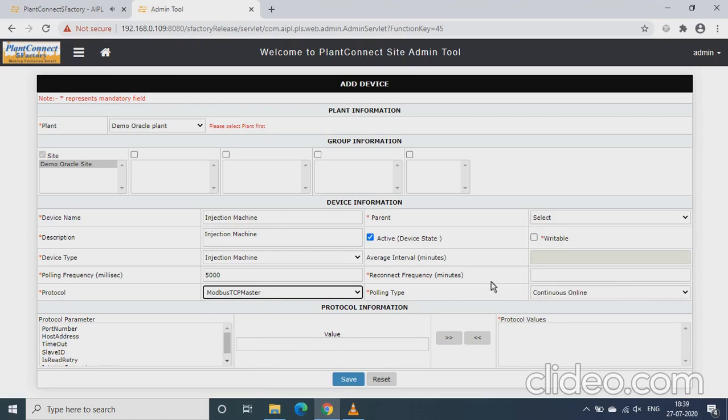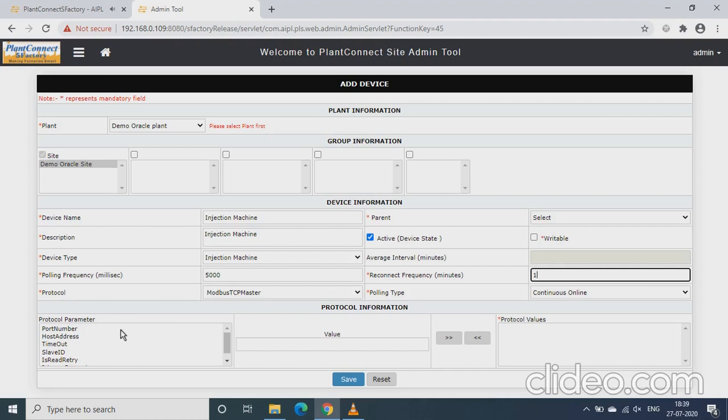And the reconnect frequency, we will have to add it as 1, so that in case of failure of communication with the device, RTDAS retries to connect with this device after every 1 minute. So we are using this reconnect frequency as 1 minute.